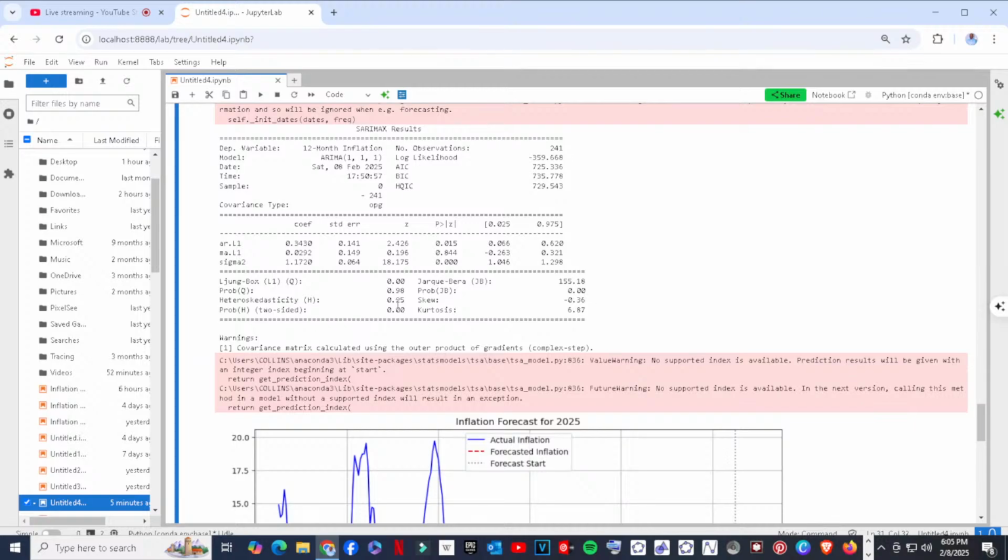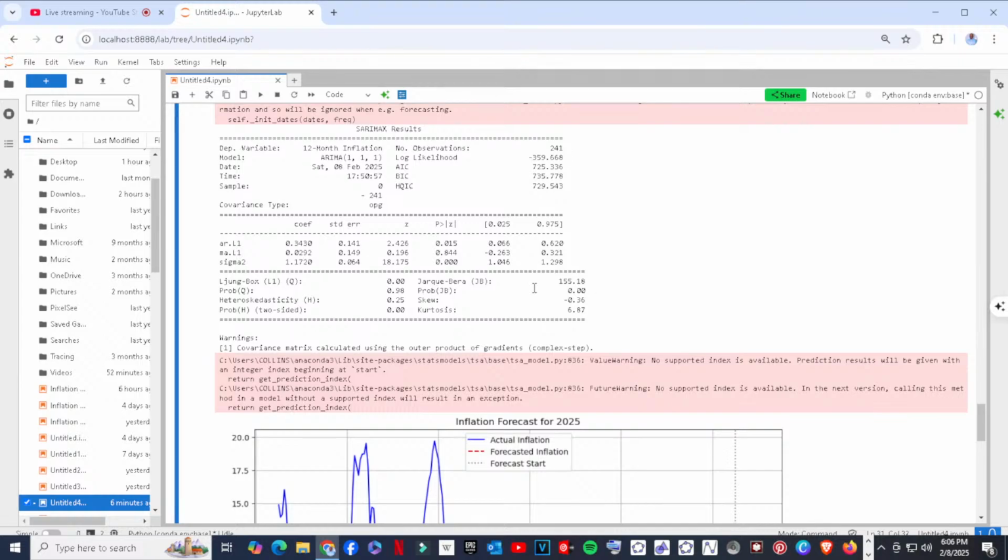Then we get to the JB, that is the Jarque-Bera, and it's giving us 155.18 as the value, and Prob(JB) of 0.00, that is the p-value.